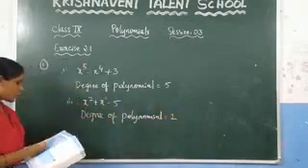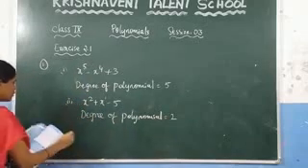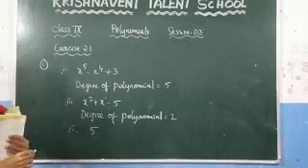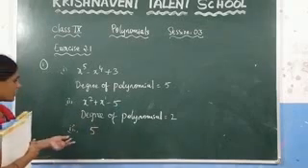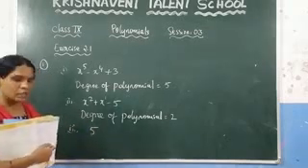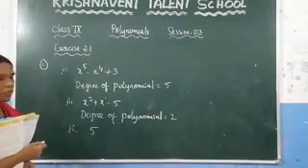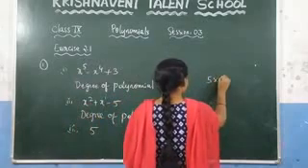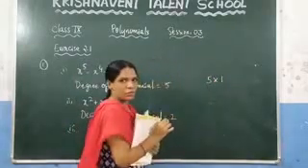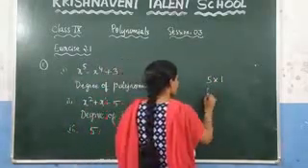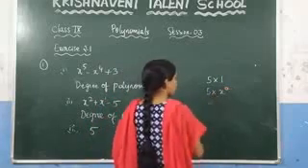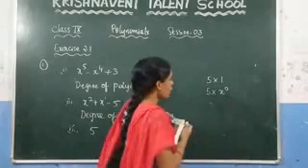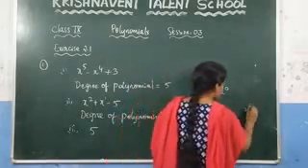Like that you need to check here. Here the third question, what is given here? 5. What is the degree of this polynomial? So here you can observe that no variable is there. But this one you can write by using the law of exponents. How can you write this one? You know that you can write 5 as 5 into 1. But here you can write this as 5 into x power 0. You know that anything to the power of 0 is always equal to 1. From this, you know that x power 0 is 1.